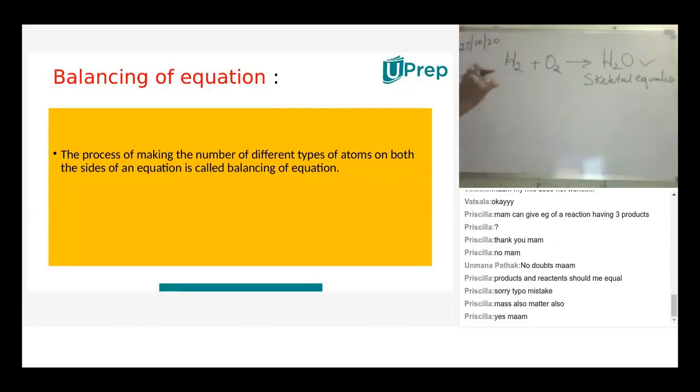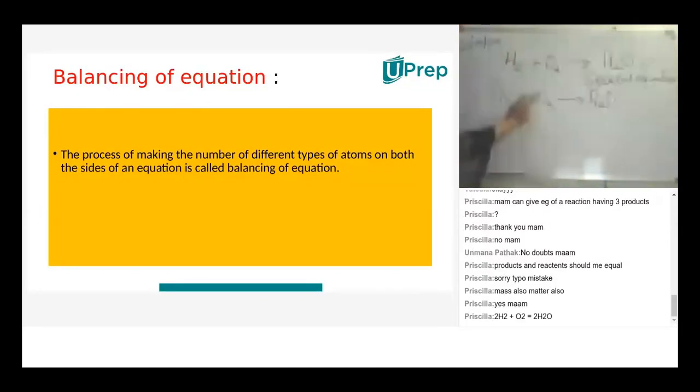So I want to go with the balanced equation. How to balance the equations? Now we need to check here. Hydrogens, how many are there, children? 2 hydrogens. Here also 2 hydrogens. Am I right? So both hydrogens are balanced. Individual atoms we need to check. Here water means entirely we can't check, individual. Here how many hydrogens? 2. Here how many hydrogens? 2. Balanced. Here how many oxygens are there? 2. Here how many oxygens are there?